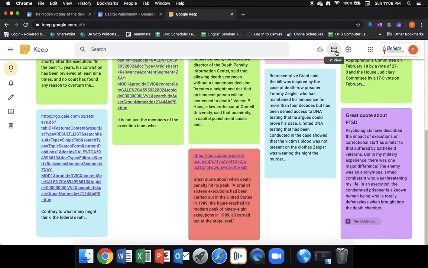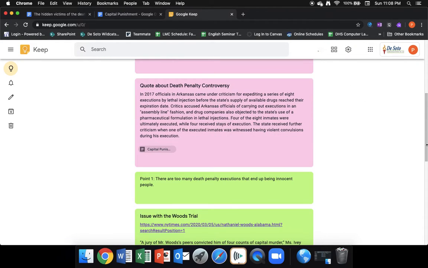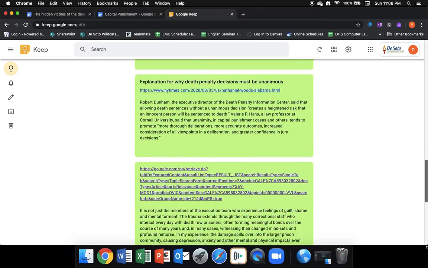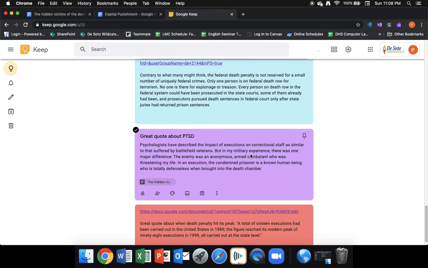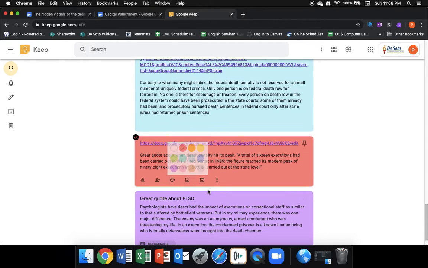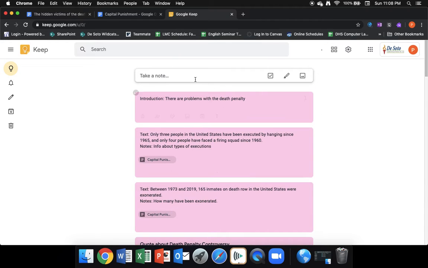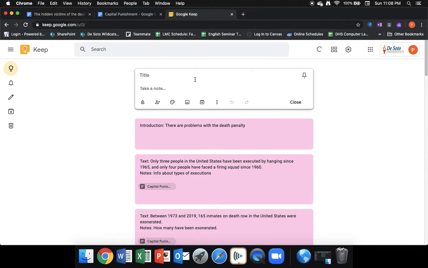or list view. So I go back to list view, and all of a sudden this quote is down here hanging out, waiting for me, and of course it didn't quite go down, waiting for me to figure out what that point is. And let's say I want to make a point, so then I can go up here and say that my title is point 3 or point A